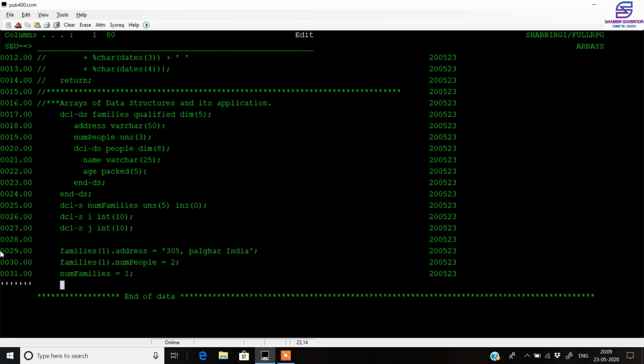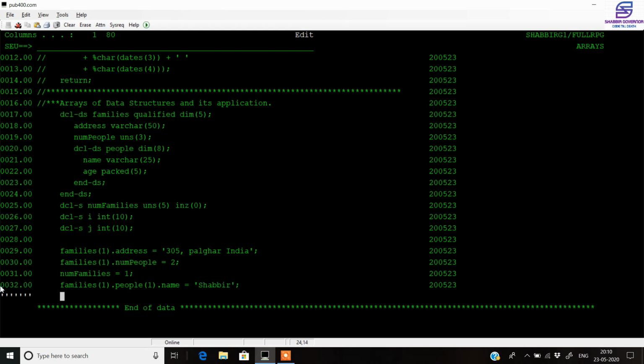Now we set the inner data structure, like inside that one family how many members there are, what the names of the members are, and so on. For that, first inside family 1, inside the inner data structure people, we are going to set the name of the first family member. Suppose that is my name. So I will write family 1 dot the second data structure name, that is people, and inside the parentheses we write the iteration, like this is the first one. Set the name of the attribute, that is name, and I give my name.